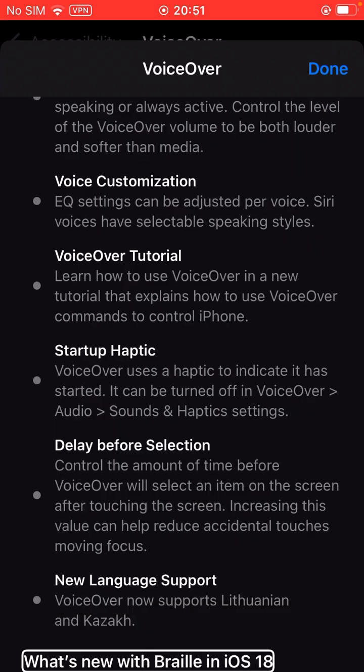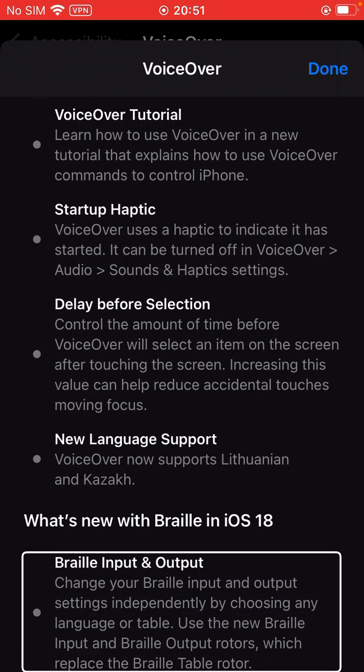What's new with Braille in iOS 18? Heading. Braille input and output. Change your Braille input and output settings independently by choosing any language or table. Use the new Braille input and Braille output rotors, which replace the Braille